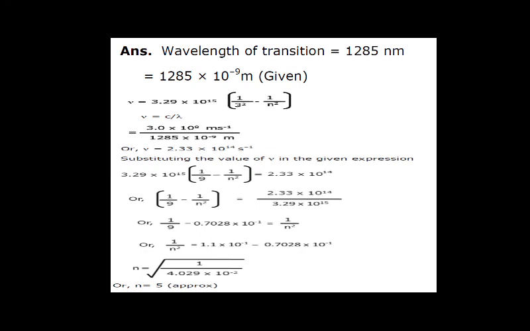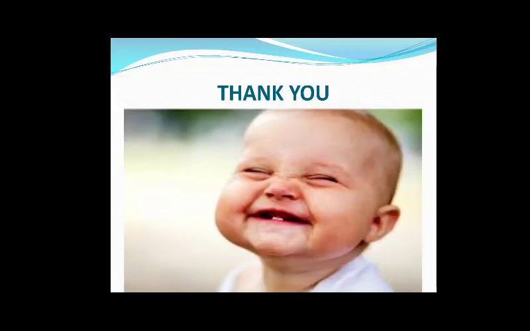So we will equate both these values, and we can easily calculate the value of n, and n will come equal to 5 approximately. Meaning in this question, one frequency we calculated using the formula nu is equal to c upon lambda, and one nu value was already given in the question, and we equated both these two and got the value of n in this way. So we have covered all the numericals, maximum we have covered. Thank you very much for watching.